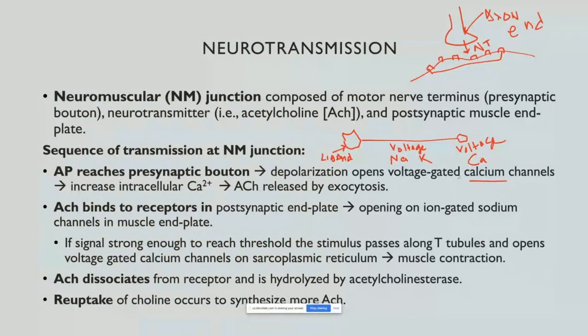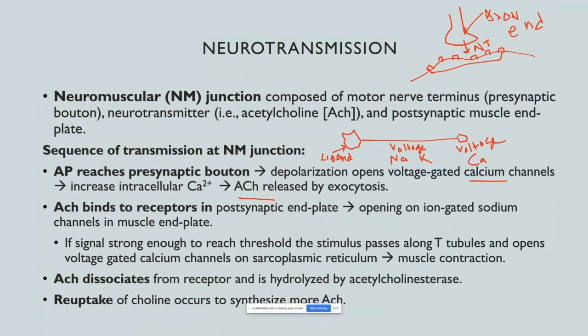Now, when these voltage-gated calcium channels open, calcium will enter inside this axonal end, and this increasing concentration of calcium will permit the release of acetylcholine by exocytosis. This is a process that is very complex. First of all, acetylcholine is stored there in certain vesicles. These vesicles first have to bind to the cell membrane. There are certain proteins that participate in this. After this docking of the vesicles, the membranes will fuse and acetylcholine will be released.